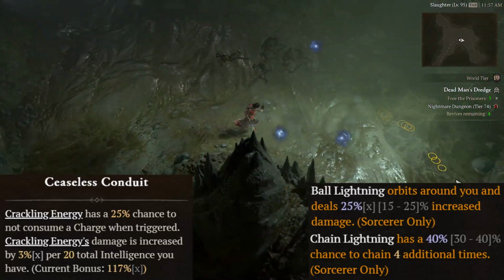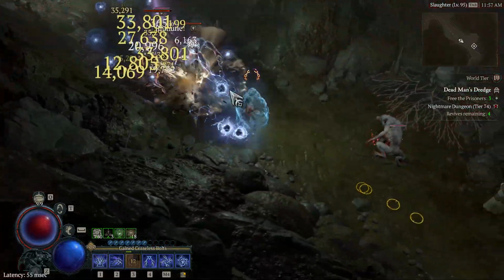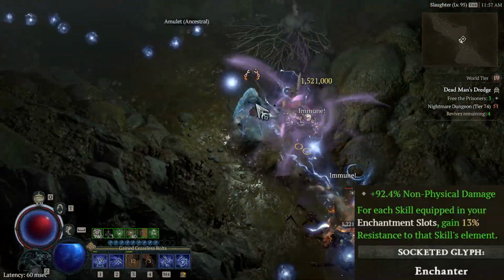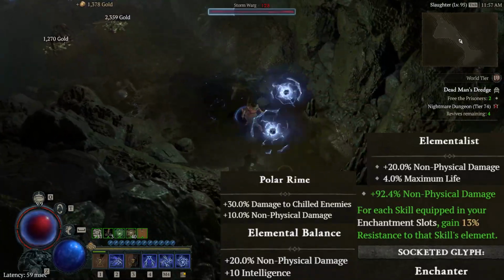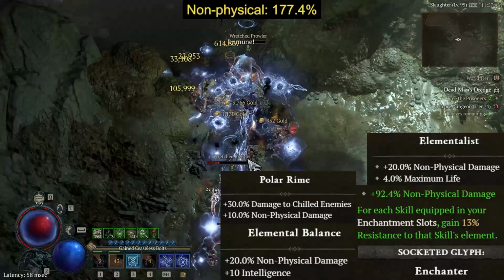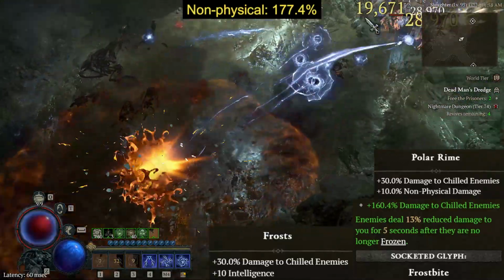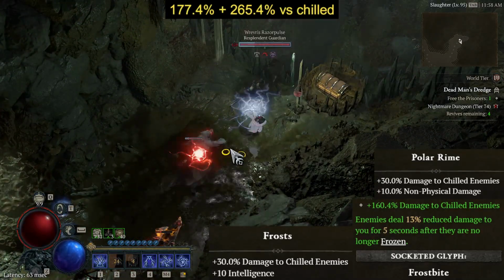More about that later. Besides those 3 specific legendary powers, the rest of the damage multipliers will benefit all 3 sources. Starting in the Paragon board, the Enchanter Glyph, the Elementalist, Elemental Balance and Polar Rime rare and magic nodes will increase your non-physical damage by a total of 177.4%. Then, the Frostbite Glyph, the Polar Rime and Frost's rare and magic nodes will increase your damage to chilled enemies by a total of